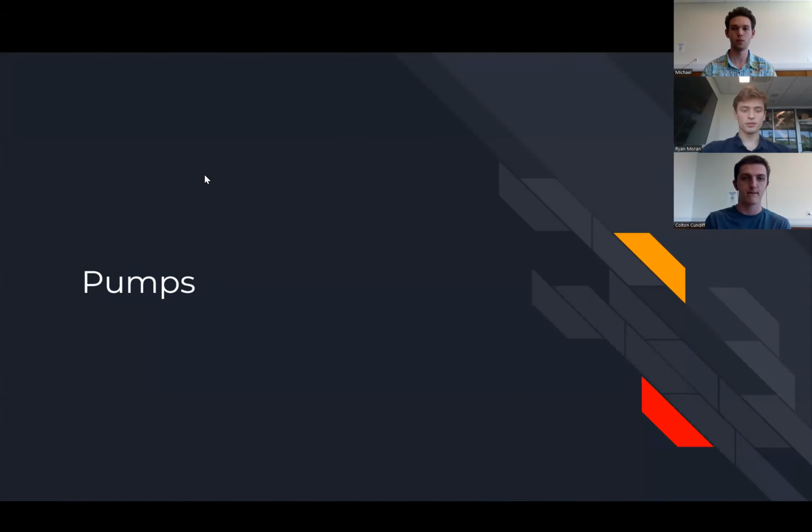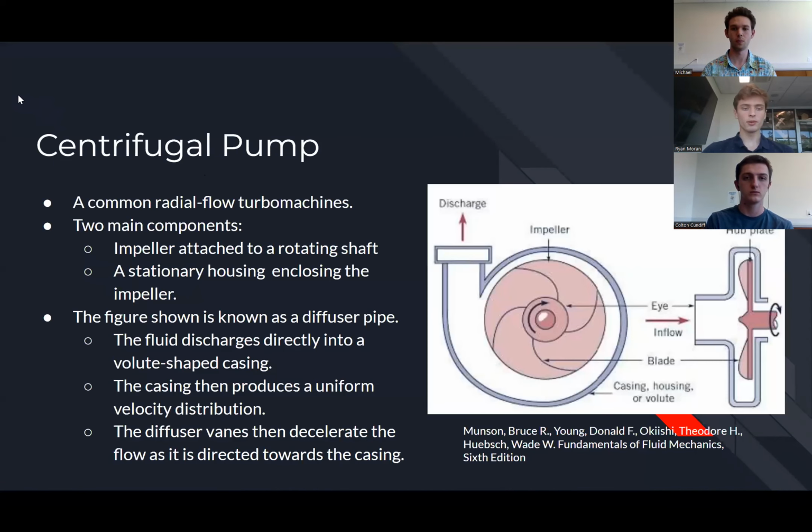Now moving on to pumps. So the first pump I want to talk about is a centrifugal pump, which is a common radial flow turbo machine. So it has two main components: an impeller, which is attached to a rotating shaft, and a stationary housing, which